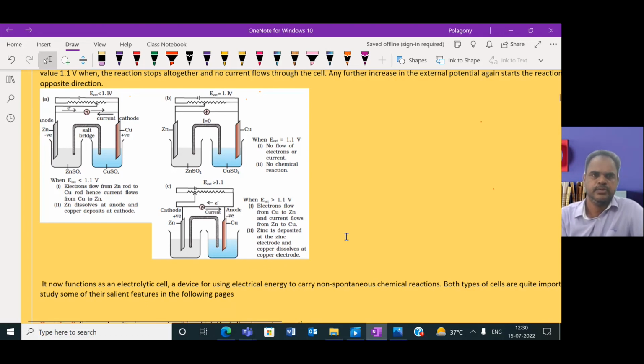So this is about the galvanic cell construction, and in this galvanic cell, the major principle is that chemical energy is generated during the spontaneous redox reaction when the zinc metal is placed